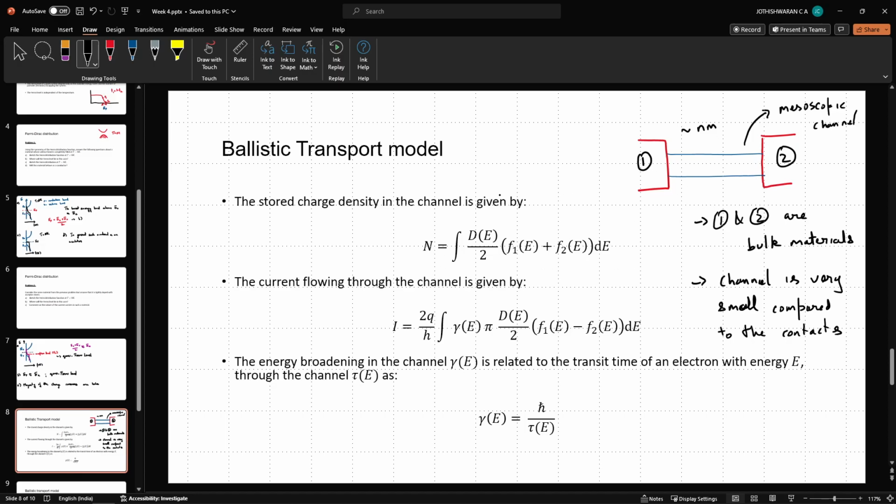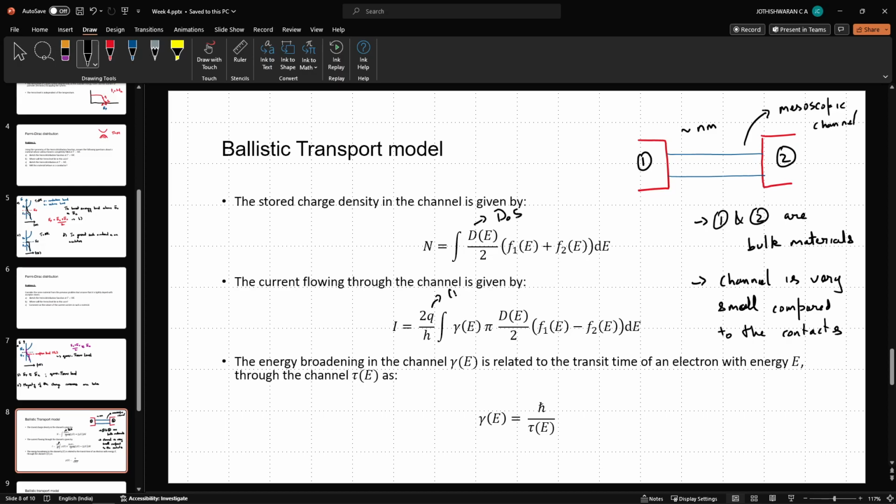So the current expression is given by, and here again I'll have to clarify. D of E is the density of states, and F1 and F2 are the Fermi functions of contact 1 and contact 2. The charge density that is stored in the channel is given by the integral of D of E by 2 into F1 of E plus F2 of E dE. And the current flowing through the channel is given by this quantity here, 2q upon h,